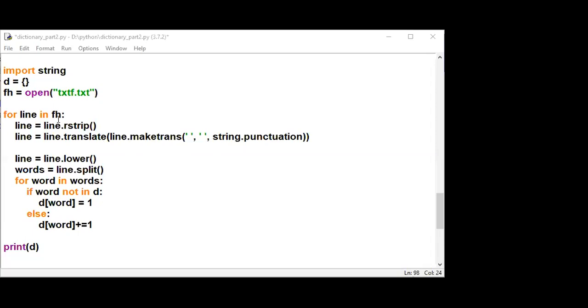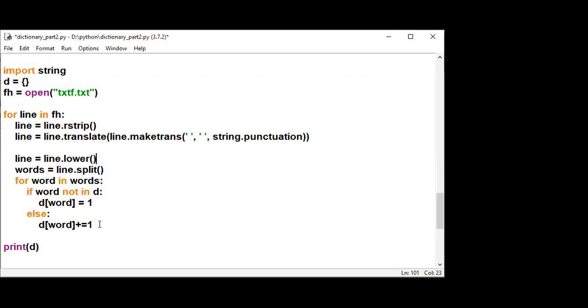Then for every line, we are converting that line into lowercase, because I want capital N and small n to be treated as the same string. I don't want my program to treat these two words as two different words. After removing all the punctuation marks from every line, we convert every line into lower.